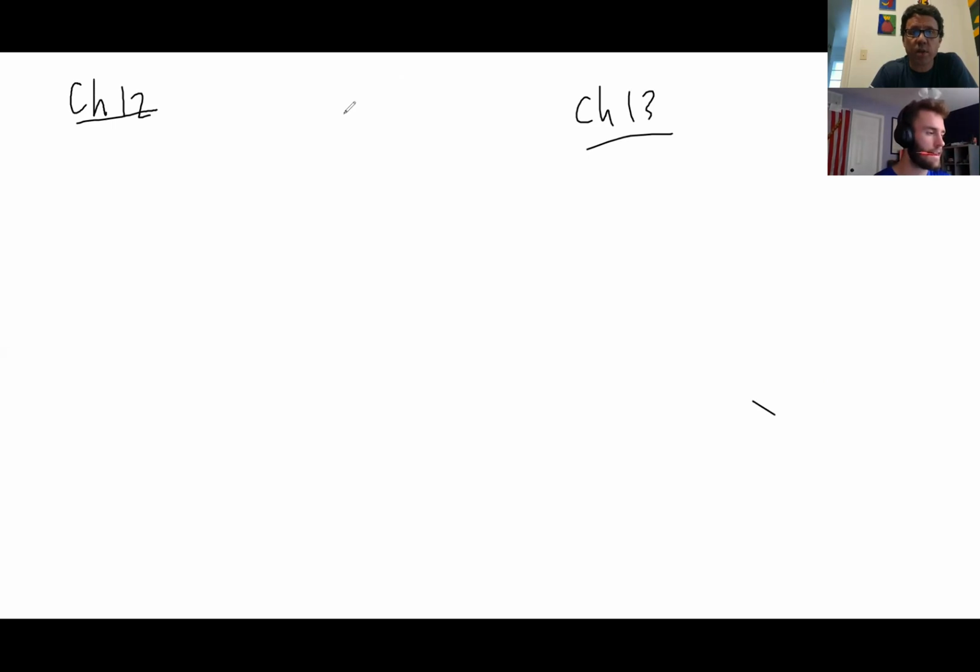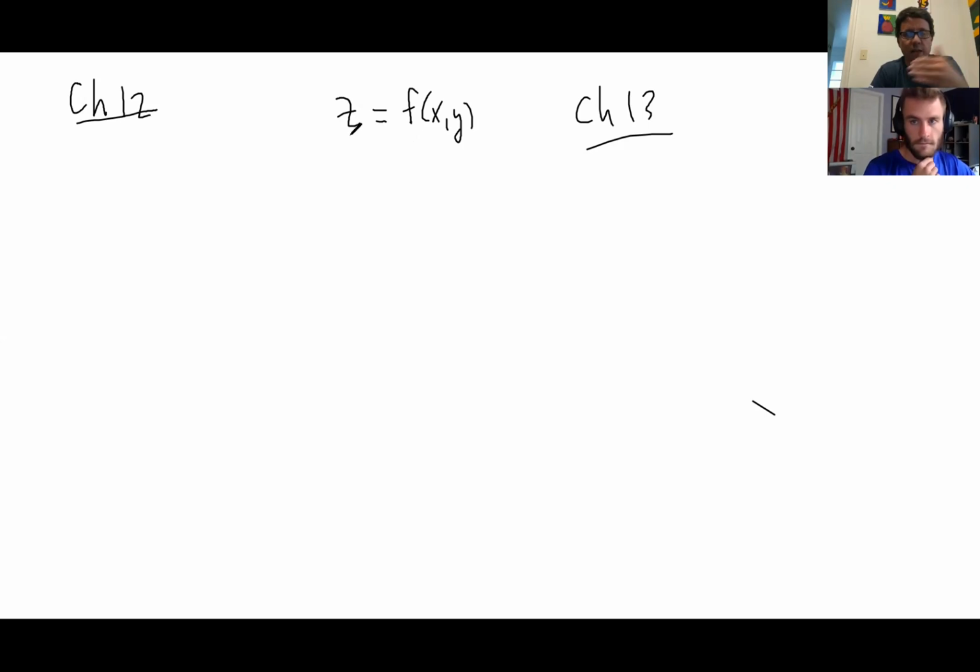Instead of writing y equals f of x, we will write z equals f of x, y. That's two independent variables and one dependent variable, so x and y can change and you can figure out what z is. Anytime that happens, you'll have x directions and y directions. So right off the bat,